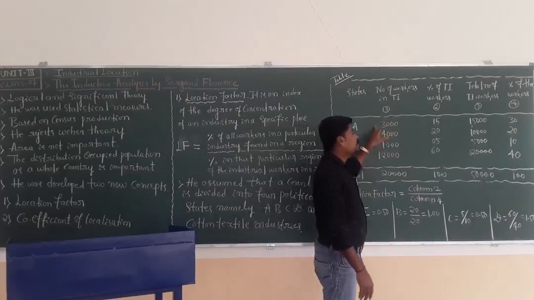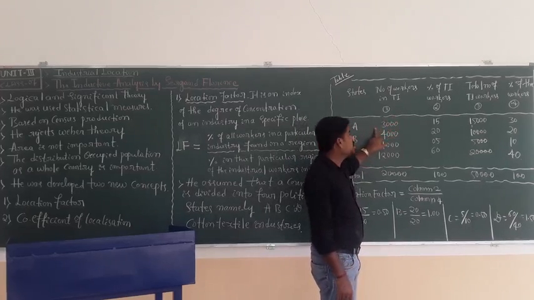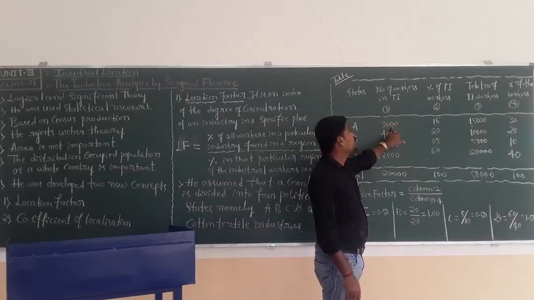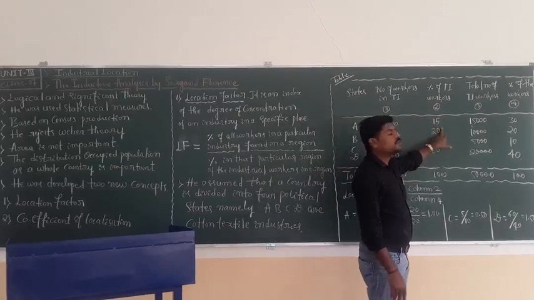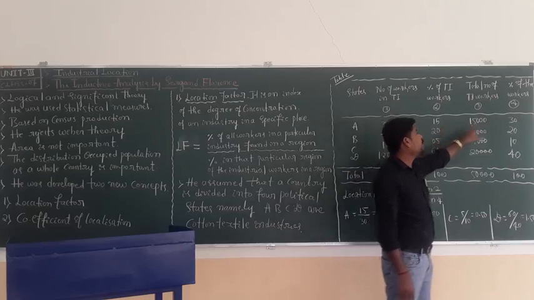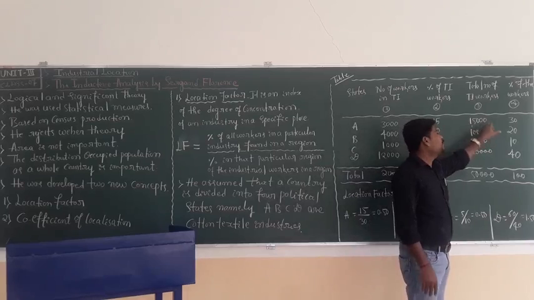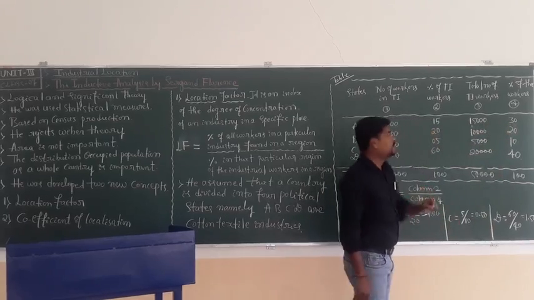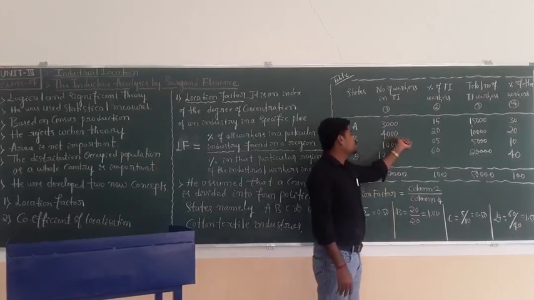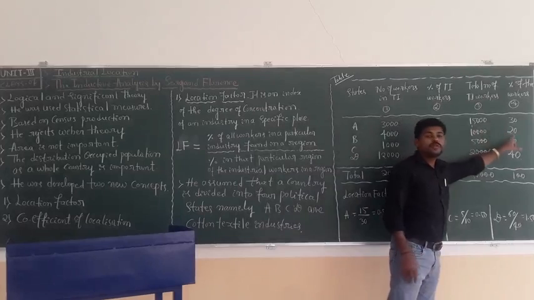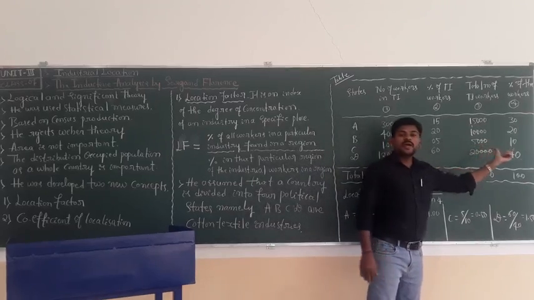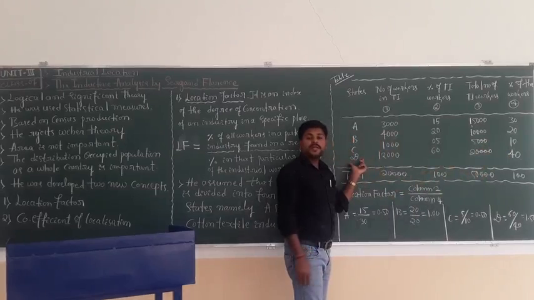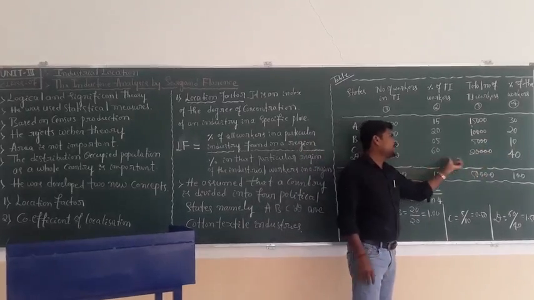Look here at the cotton textile mills. In A state, the number of workers in the textile industry is 3,000, the percentage of textile industry workers is 15, the total number of workers is 15,000, and the percentage is 30. B state is similar: 4,000, 20, 10,000 and 20. C state has 1,000, 5, 5,000 and 10. D state has 12,000, 60, 20,000 and